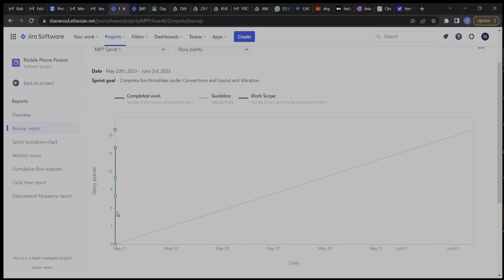So remember, the burn up chart shows us the amount of work that we have already completed as the sprint proceeds. Now we see that our green line goes up straight on one line. Does anybody have an idea why? Yes. Because we completed all the stories today. Perfect. So because we completed all the stories on one day,